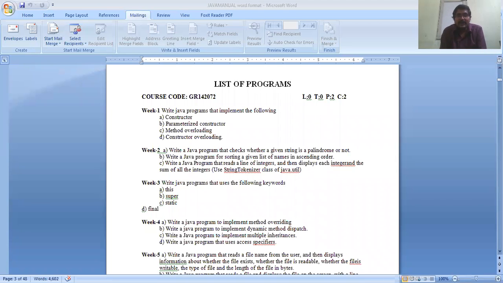In this section, I am going to discuss some basic concepts that are related to task 1 of the Java Lab. Coming to task 1, it is about writing a Java program that implements constructor, parameterized constructor, method overloading, and constructor overloading. I'm not going straight to these programs, but before that, let me see some basic concepts that are required to